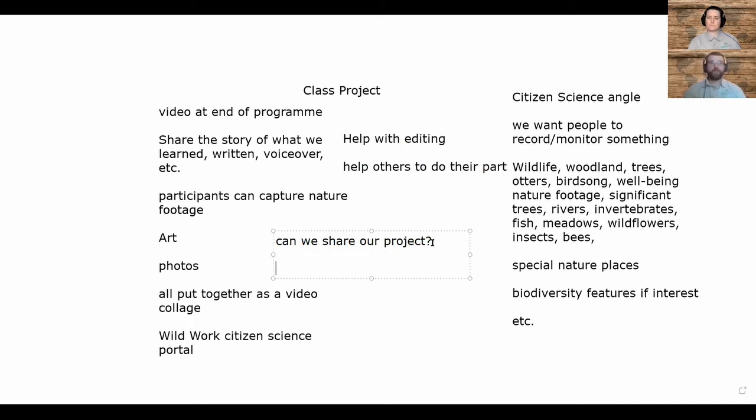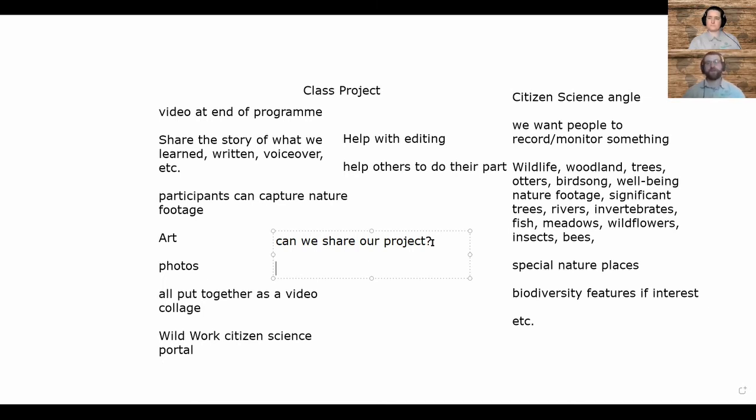And if somebody doesn't want to have it shared, we can talk about that, and it mightn't be a problem to keep it something that's not shared, or it might mean that we need to present it in a certain way. So if somebody was a bit shy and they didn't want anyone to know that they were included in the video, but we're saying we want everyone to contribute something, well then maybe all that comes in from that person is a few dots on a map from records that they had put on the Wildbrook Citizen Science portal, and no one has to know who it came from.